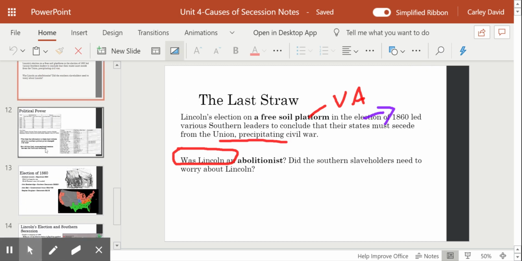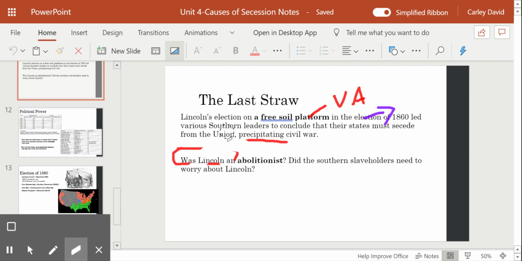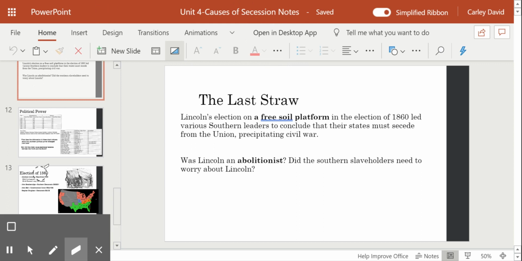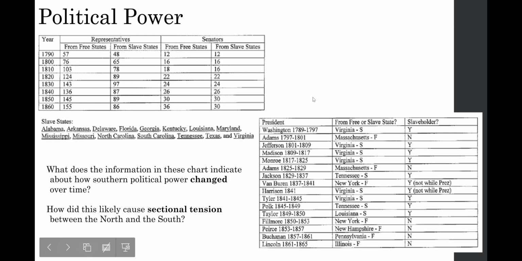So the last straw. Oh shoot! Why doesn't that go away? Goodness. I think you know what you're doing. Should be a pen up here. Probably is. Anyway, since I'm messing around with the pen, why don't I just do this? All right. So don't worry about that right now.